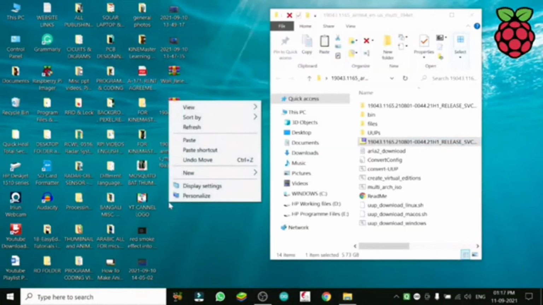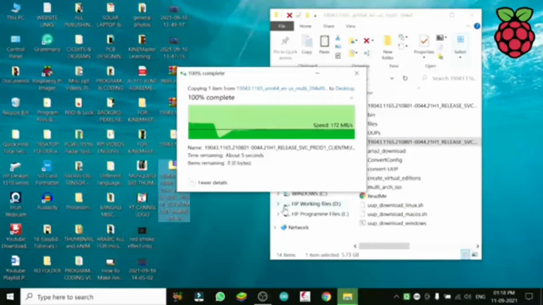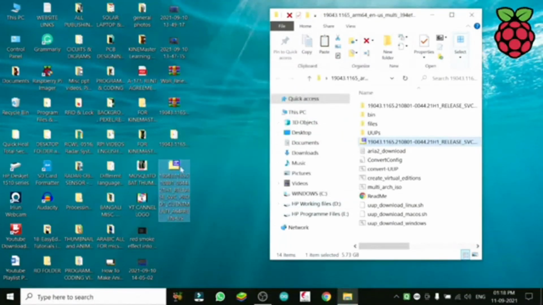Just paste it, bring it to your desktop, so that it will be easy to drag it when we start with the WOR project folder, that zip folder. We will open that zip folder after copying this file. Now it is okay.